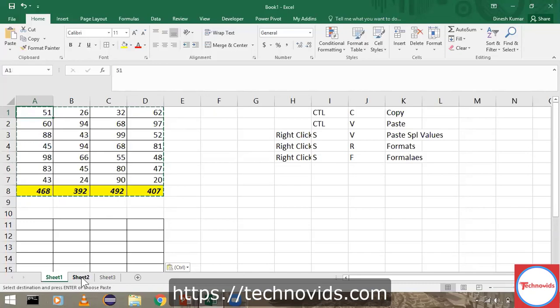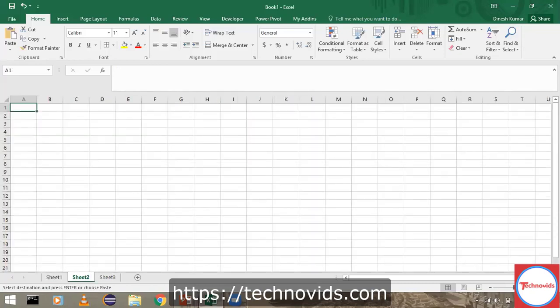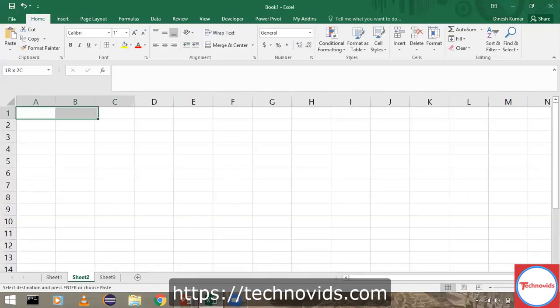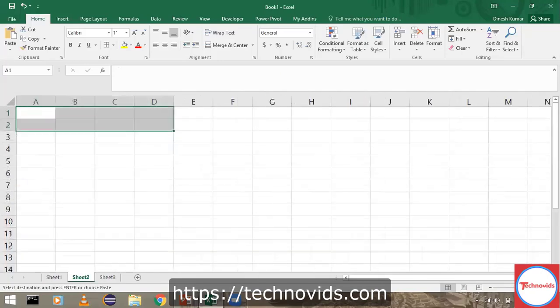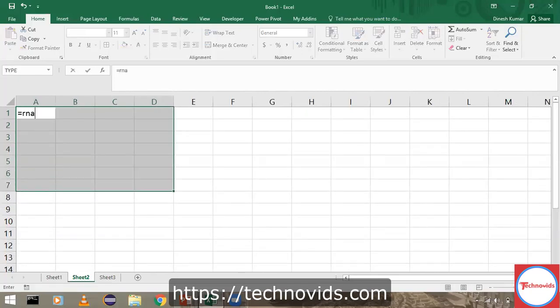Let's just do that. I will go to another table. Let's go to the other sheet and try creating some numbers once again, like this. That is 4 columns, 8 rows. So 4 columns, and I will create some other data.